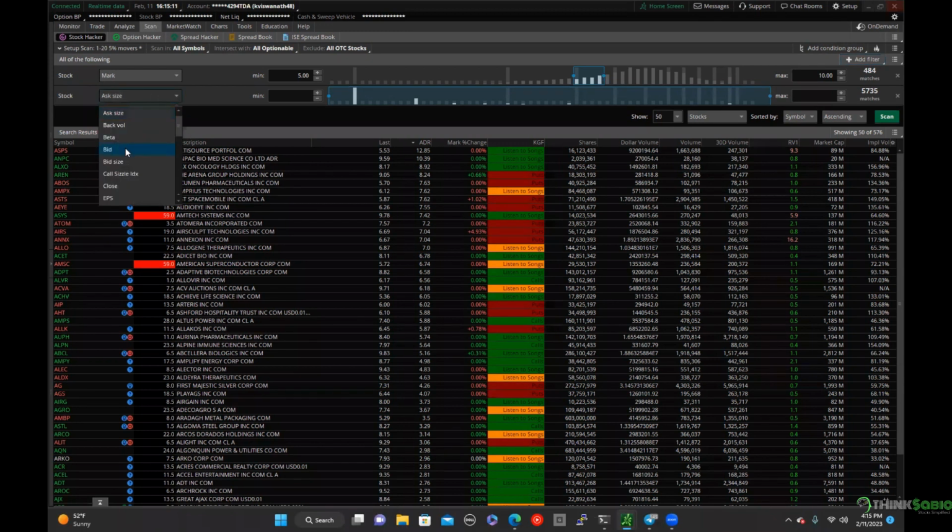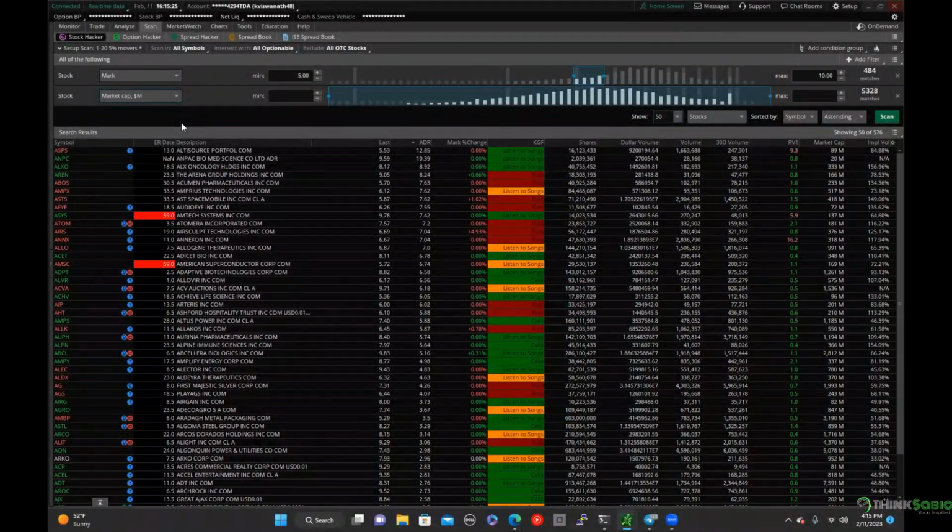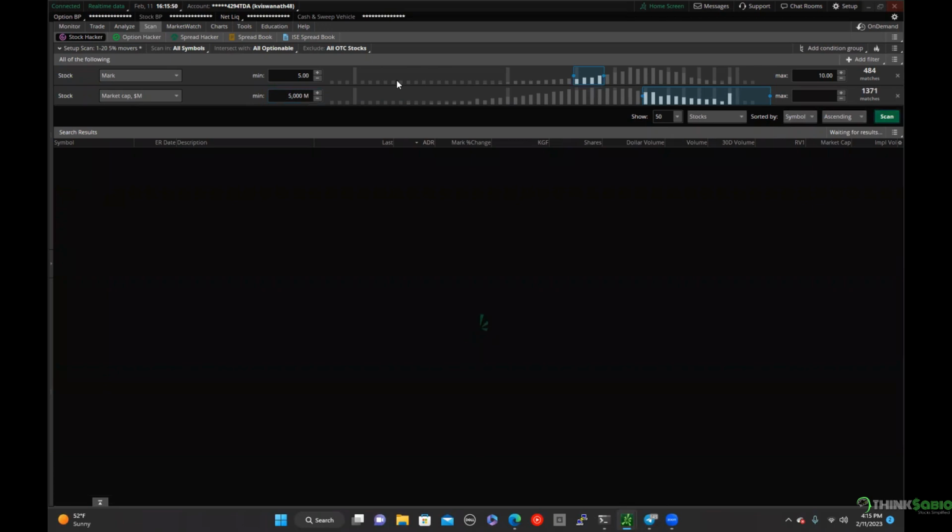And some people want to trade based on the market cap. They don't want to trade small market cap like 500 million. They want to trade something that is above like 10 billion or 50 billion, whatever, right? The market cap right here is in millions. So if you give 5, it's going to show all the stocks that have a minimum market cap of 5 million. But I think this is going to be 5 billion. So if we scan that,